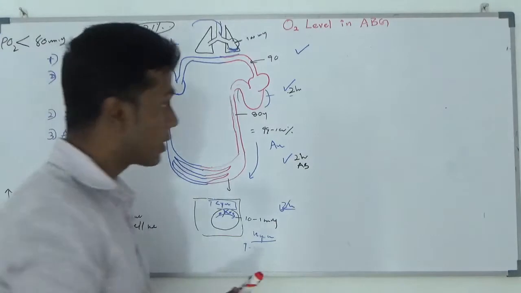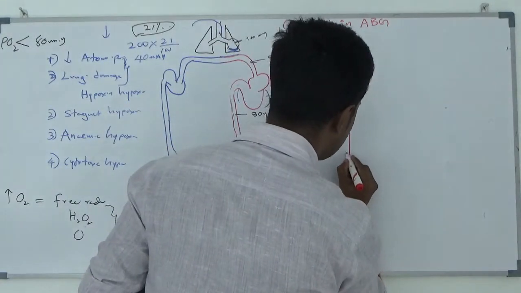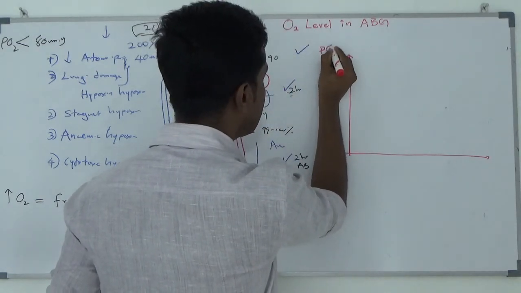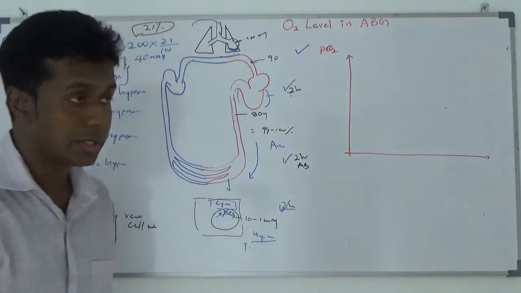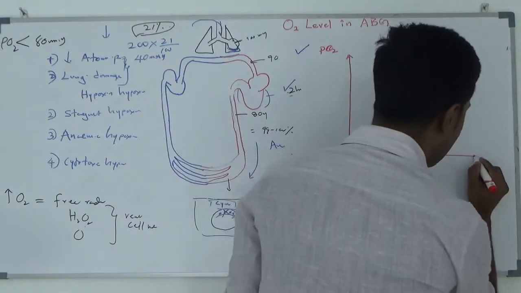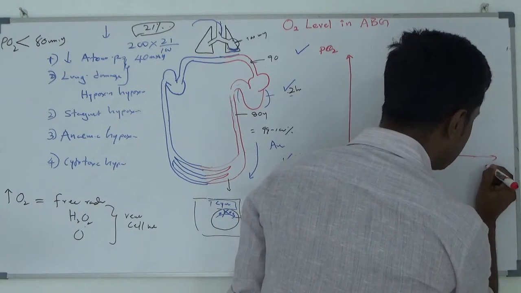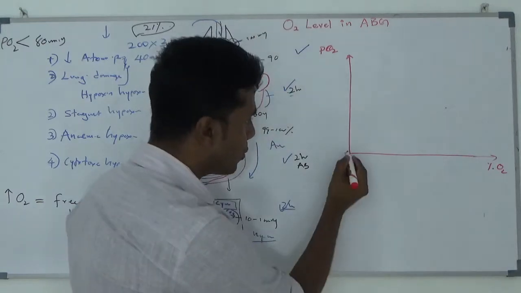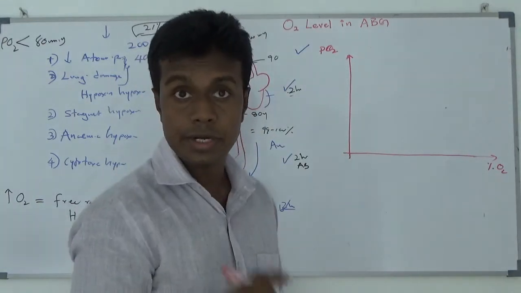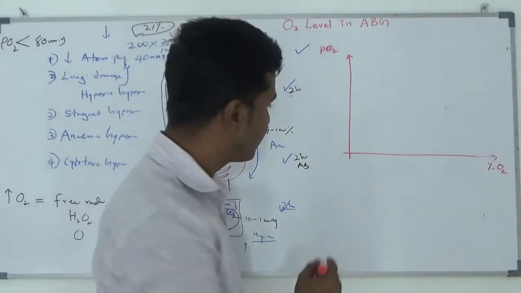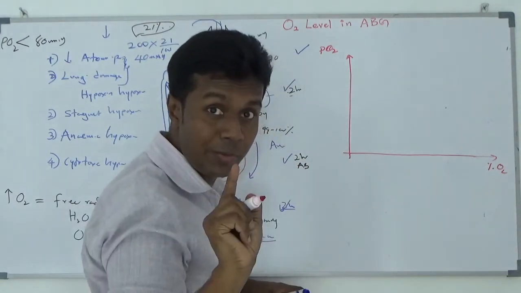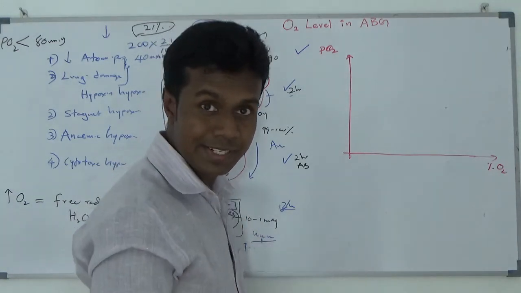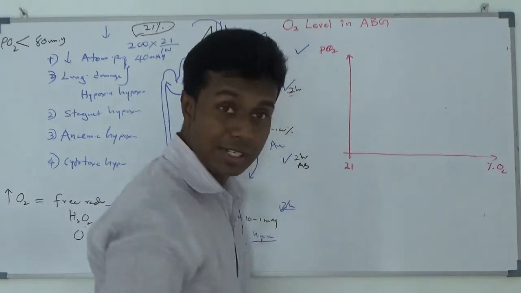I am going to put a graph here. For this axis, I am going to measure the partial pressure of oxygen in the arterial blood. For this axis, I am going to put percentage of oxygen we are going to give. You know, each and every person in the world right now receiving at least 21% of oxygen. Because of that, I am not going to start with 0. 0 will kill the patient. My experiment will be totally blast. I am going to start with 21% of oxygen.